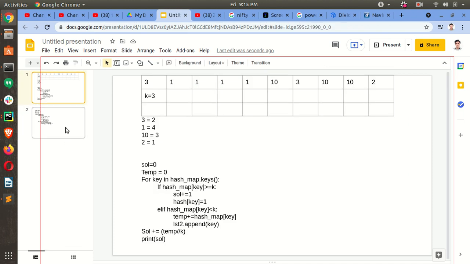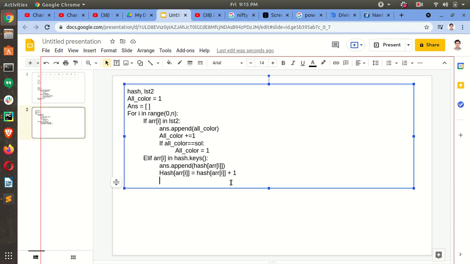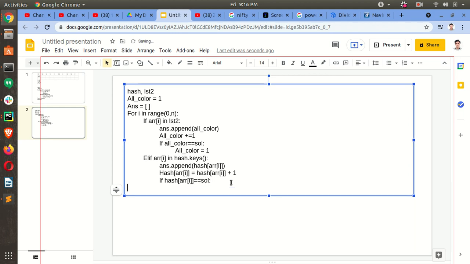Okay, here hash arr[i] equals to sol, which was the maximum color which we can color using any one color.